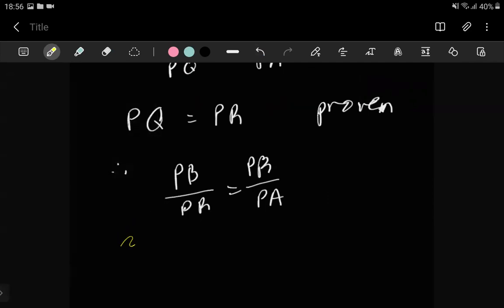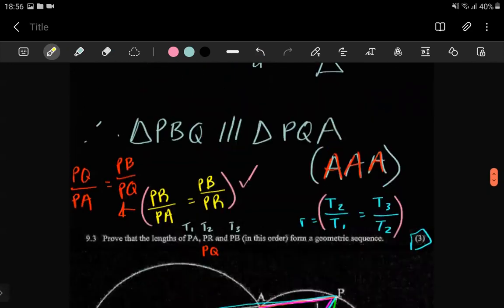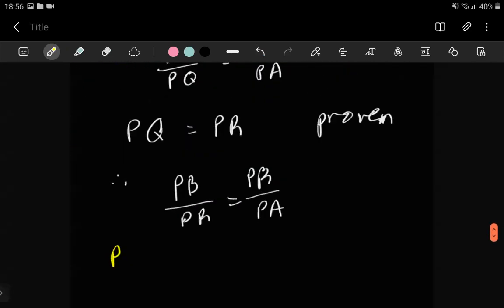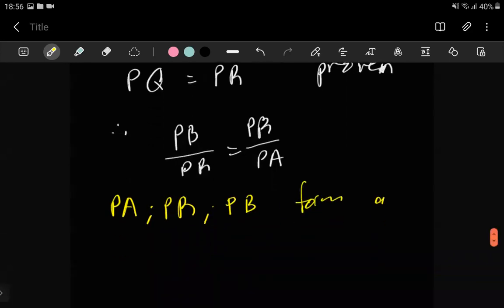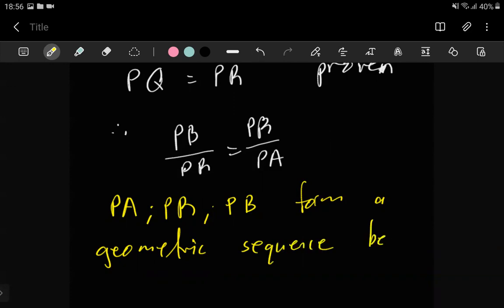we can now safely say that PA, PR, and PB, PA, PR, and PB form a geometric sequence because